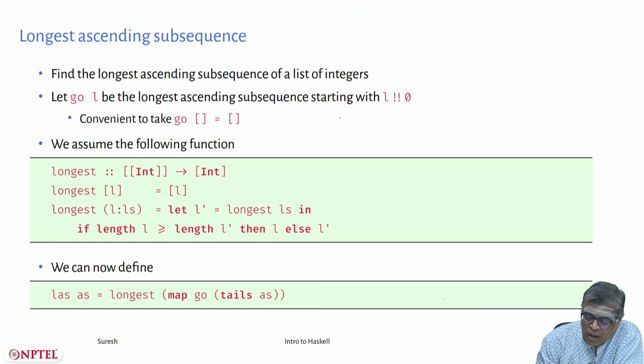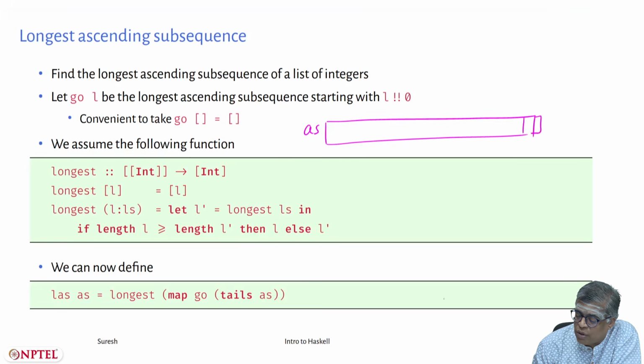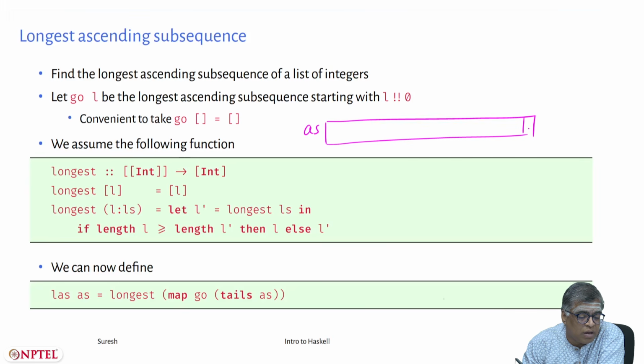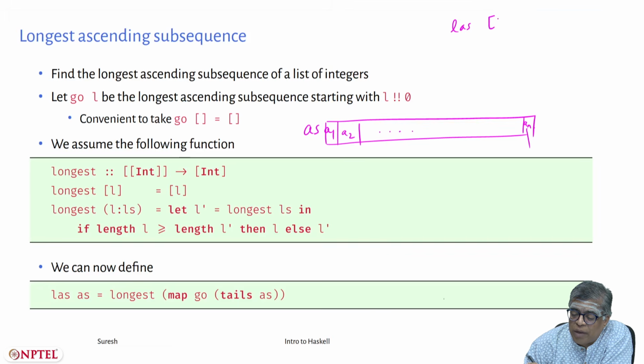What we are doing is that we have A's, right. So you can find the longest. So you have this empty list also. So, yeah, you have longest ascending subsequence. So let's say A's is A1 to AN. Okay, you compute LAS of the list AN, LAS of empty list, go of, I should say,